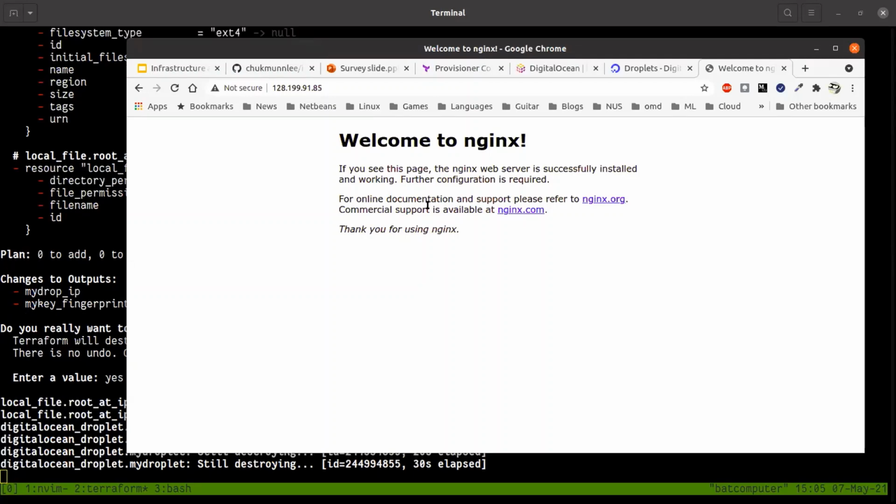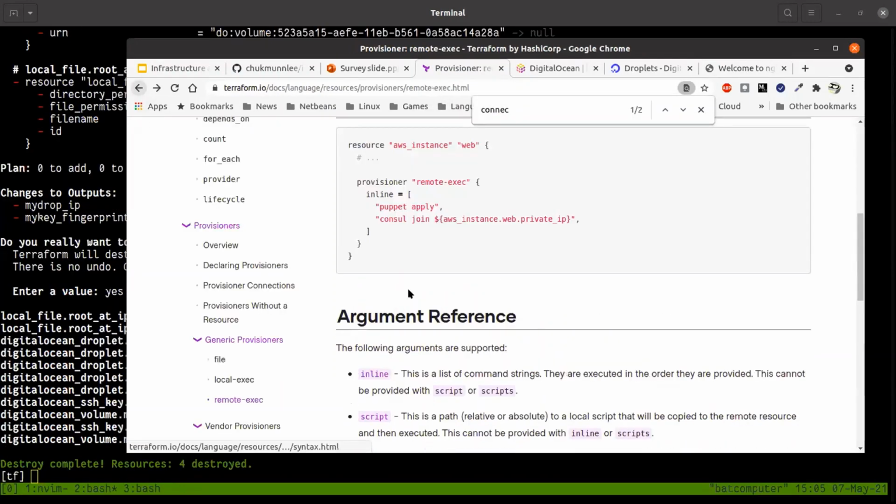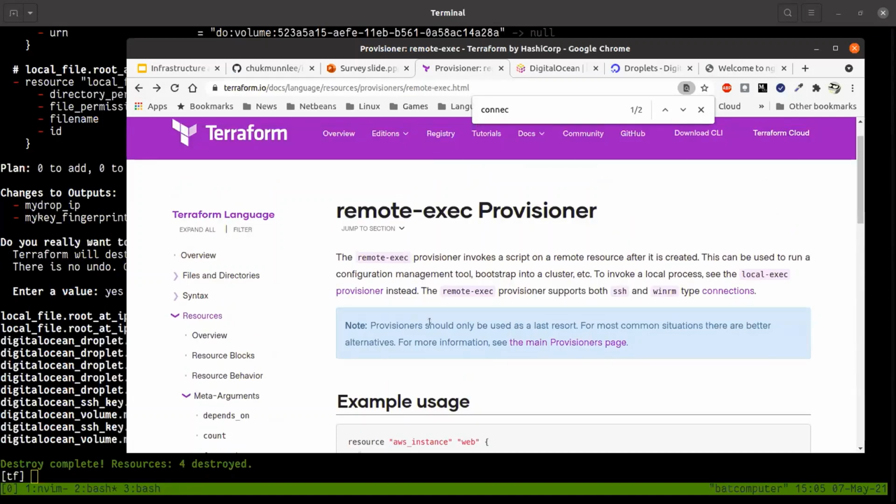Again, in Terraform, what they advise is that provisioners should only be used as a last resort. So if you're doing what I'm doing, installing software, you're better off using another tool like Ansible to manage your software. So that's Terraform.